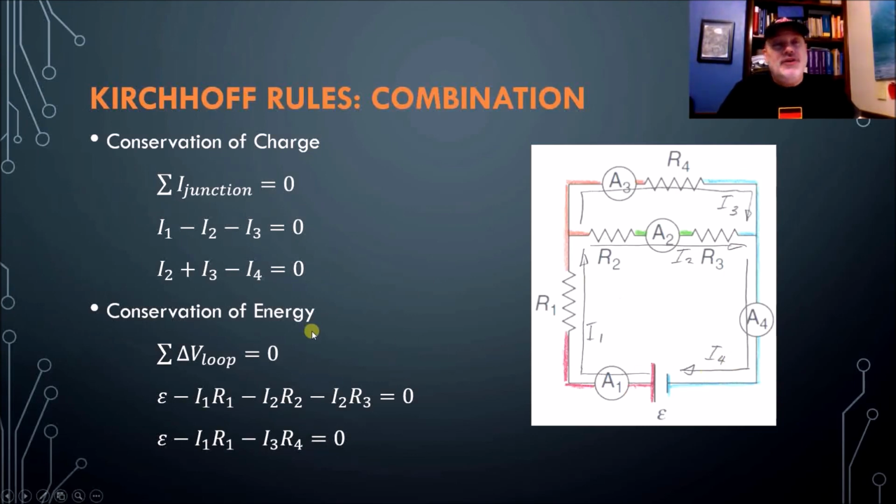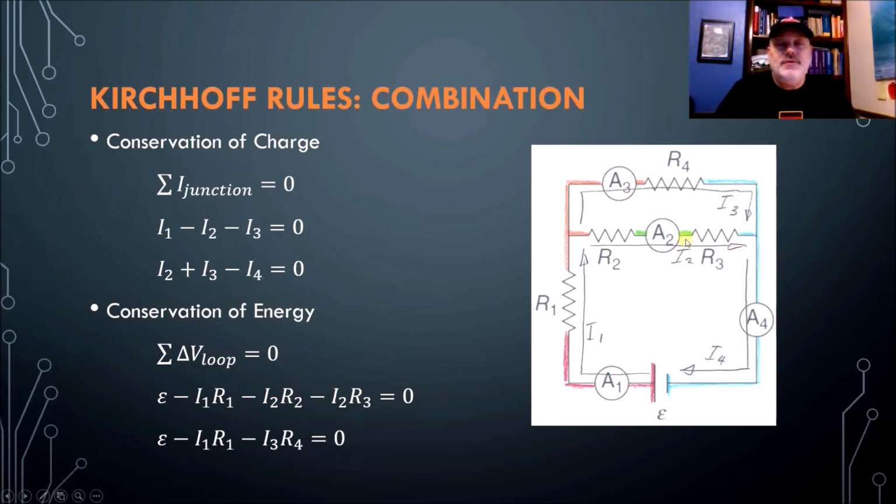In conservation of energy, we have two loops again. We have this inner loop and we have the outer loop. So the inner loop shows an EMF positive right here. Then we have an IR drop, I1 R1 for the first resistor, and then an I2 R2 for the second resistor, and an I2 R3 for the third resistor. Notice that I could factor the I out, and these two resistors add up, which we already know because they're